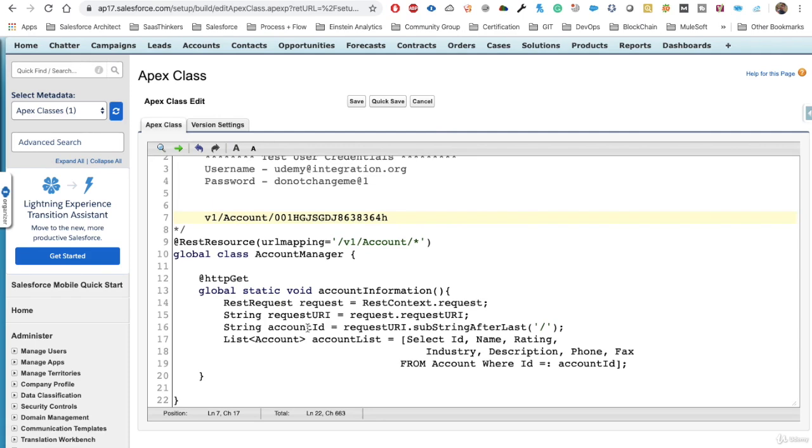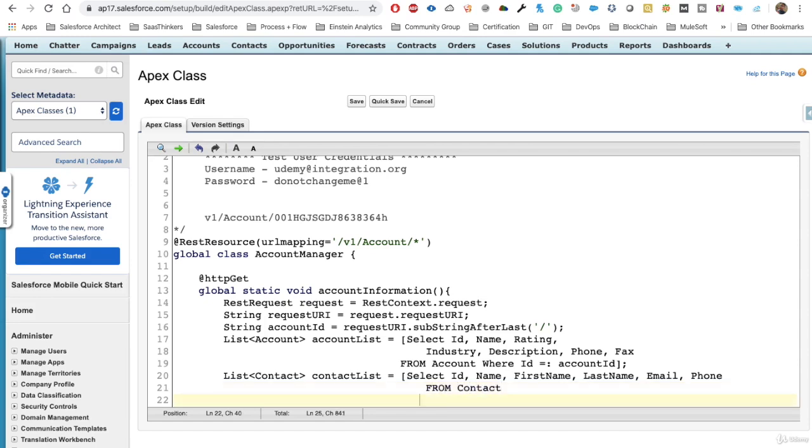How can we do that? As we know that case and contacts are both related with accounts, what we can do is, let's quickly say here a list of contact, a contact list, and we can put a query here on the contact object, saying select contact name, first name, last name, email, phone. These are the things that we wanted to send for a contact, for all the contacts. Now we can put a filter saying from contact